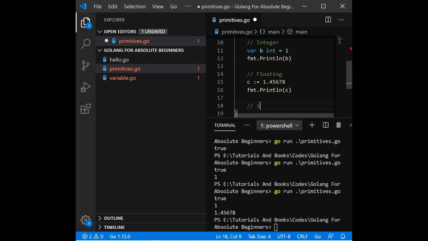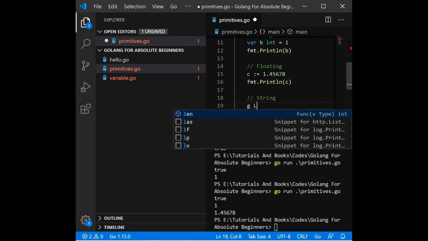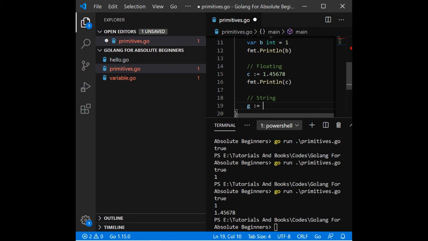And we also have string type as a primitive type in Golang. How we can initialize a string type is very simple. Like we previously did with floating point numbers, we can also initialize a string using the third way, by using a colon.